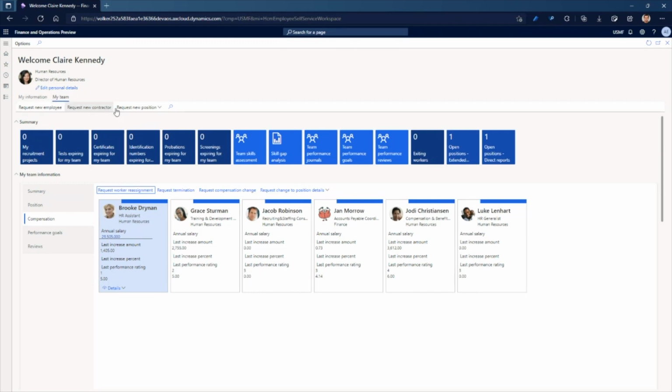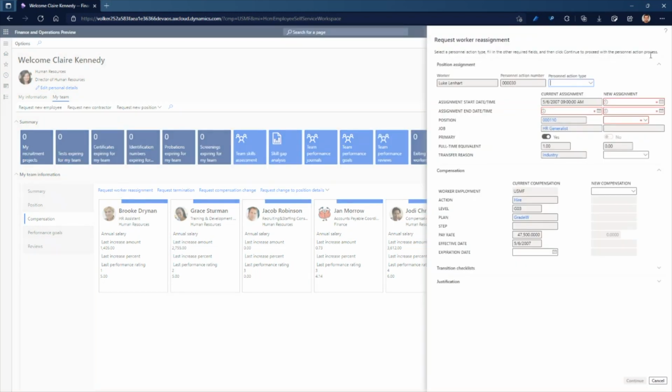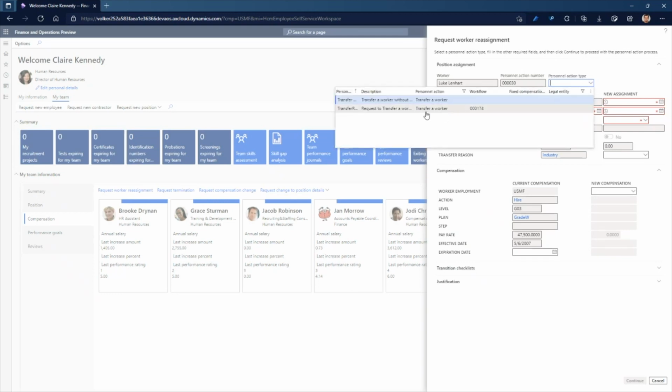some of them at the top, and some of them, which are more team-related or specific employee-related, in the middle here. So taking the example of Luke again, if I want to, for example, process the request for worker reassignment, you see the whole experience of doing that is so easy. I'm on my workspace. I just go to my Teams, click on Luke, request the worker reassignment, and by entering a few more details, what type of reassignment is it? Is it just a